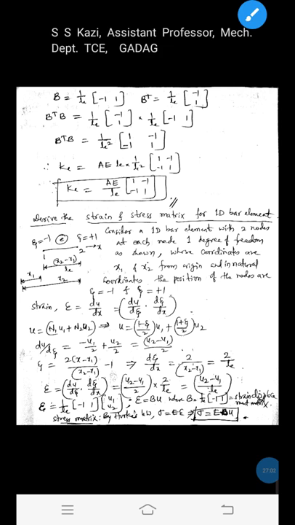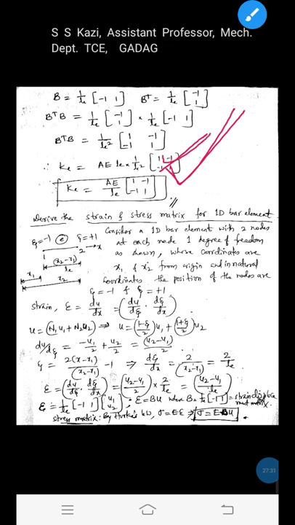Okay, now we have derived the stiffness matrix by using the potential energy approach, and also by using the direct approach, from the strength of materials definition of stiffness, we have derived the stiffness matrix for the 1D bar element. Using the potential energy approach, that is strain energy, we have derived the stiffness matrix for the 1D bar element. In both cases we got the stiffness matrix AE by L [1 -1; -1 1].